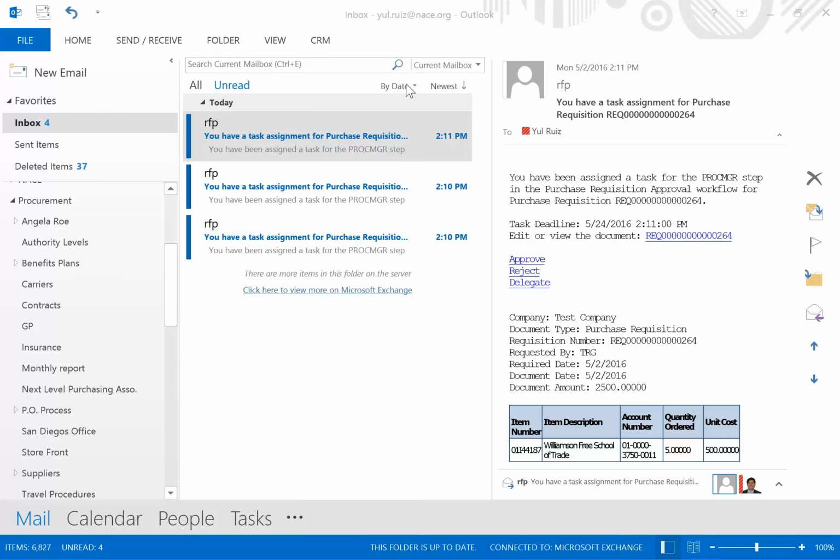Okay, so today we want to talk about approving purchase requisitions. When someone on your team enters a requisition that you need to approve, you're going to receive emails. And you can see here I have 3 emails saying that I have a task assignment with a purchase requisition. So what you're going to want to do is open up